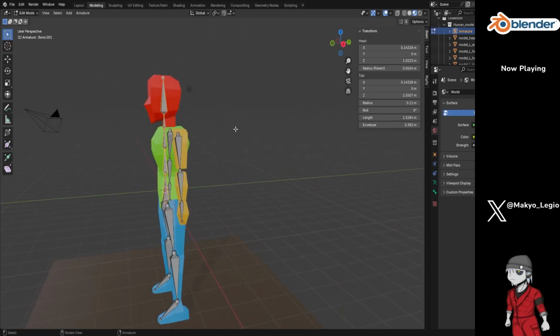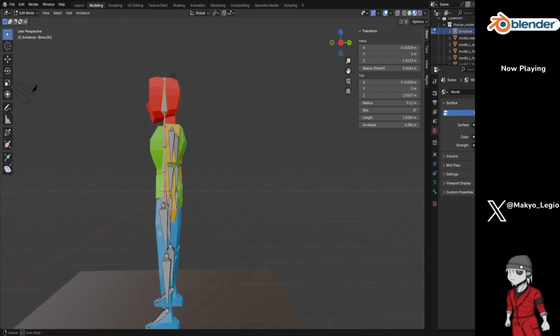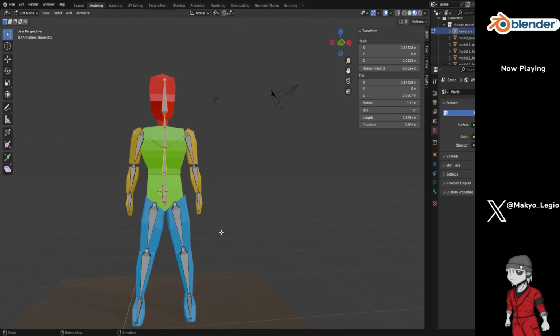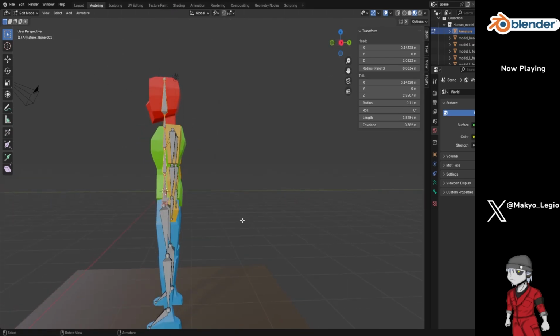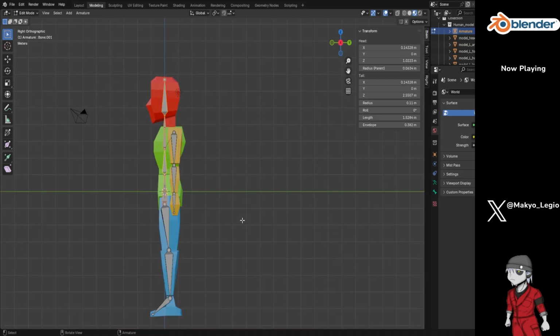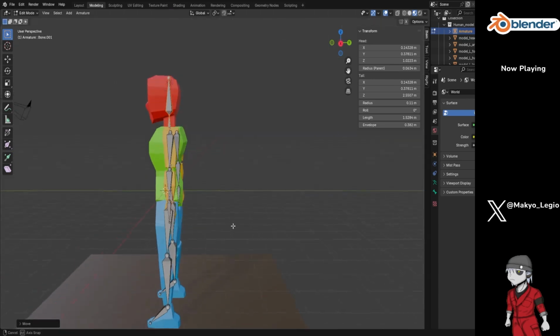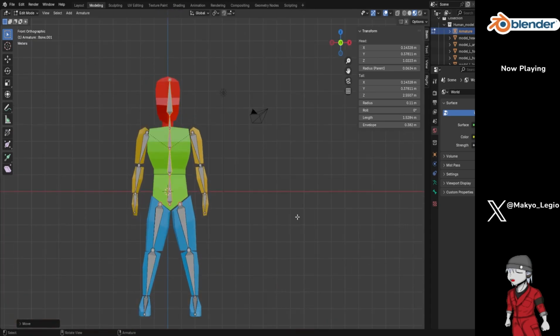Should go further back, I think. Yeah. These should go back a bit. Grab Y. There we go. Relatively middle to the body. Nice. Okay, so